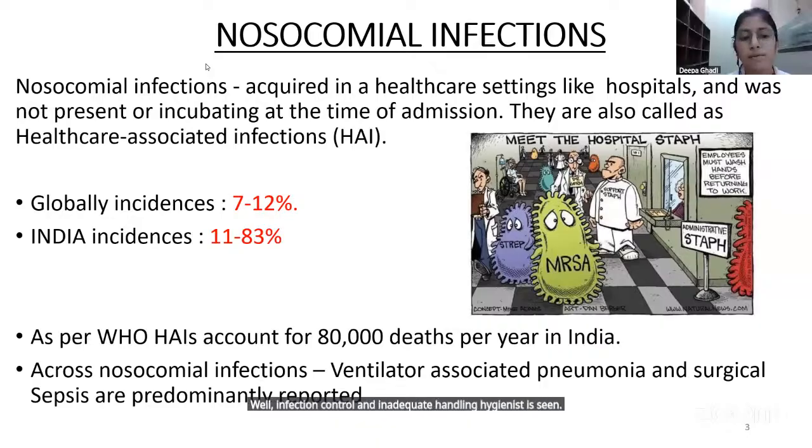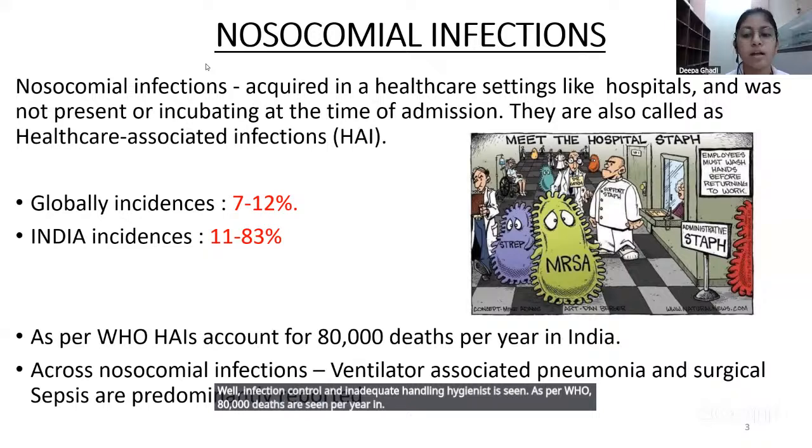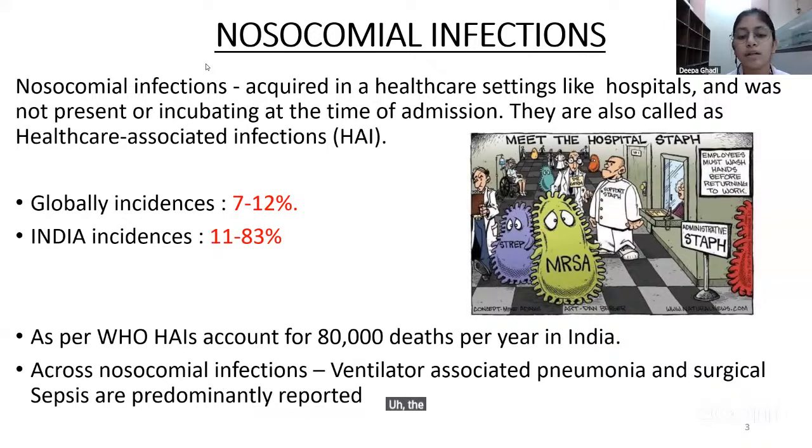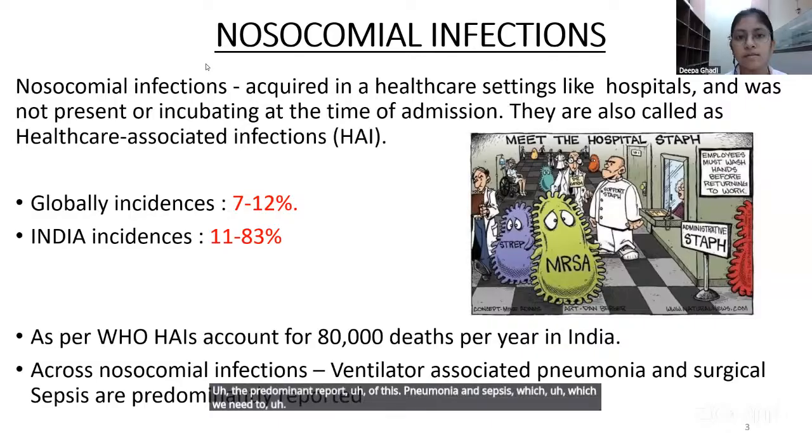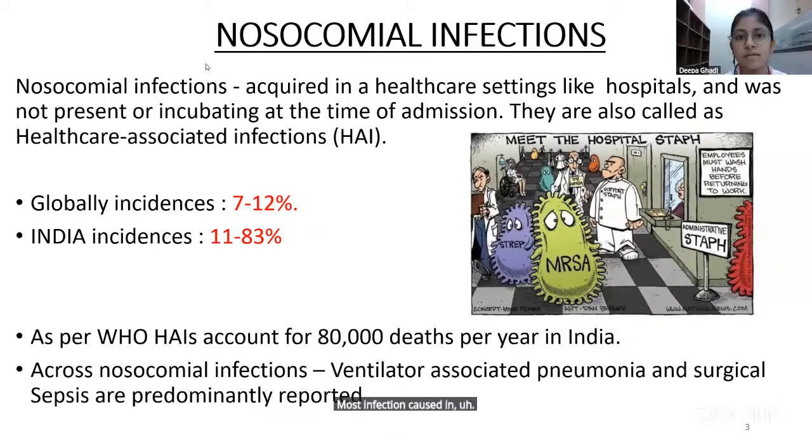As per WHO, 80,000 deaths are seen per year. The predominant reports of this infection are pneumonia and sepsis, which we can link to most infections caused in the respiratory tract and skin infections. So,